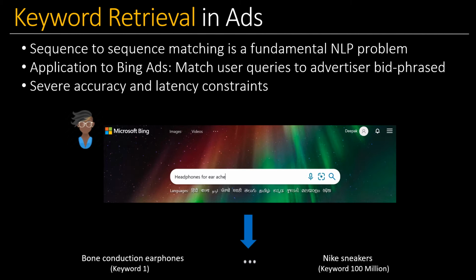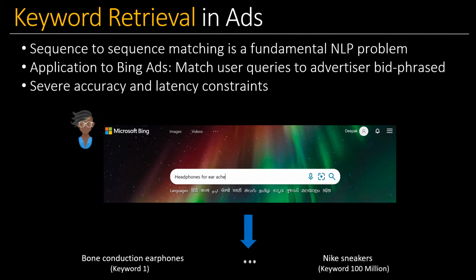Then, on the other hand, sequence-to-sequence matching, where an input text sequence is to be matched to a relevant output text sequence, is a fundamental NLP problem, which has found applications in translation, query autosuggest, text summarization, and so on. One such concrete application critical to Bing Ads is the task of matching user queries to advertiser bid phrases or keywords. Please note that the constraint of having to match billions of user queries per day to advertiser bid phrases